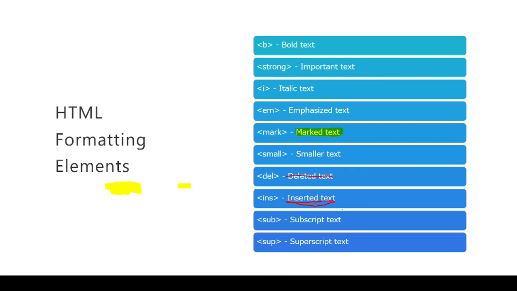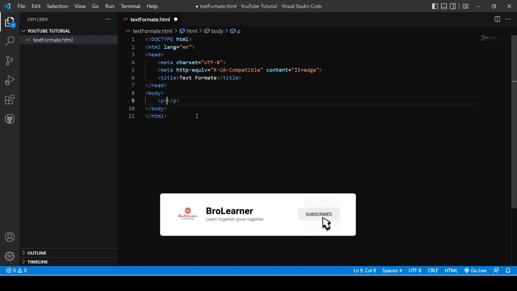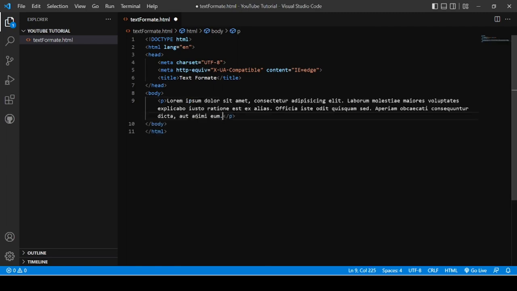Now let's see how we implement these tags in our HTML page. For this I use the p tag for our paragraph, because if I use h1 to h6 tags, the text is automatically bold and the size of the text is already defined by our HTML page or browser. So that's why I use p, because it's normal or plain text. Here I use dummy text, lorem. Hit enter, lorem,